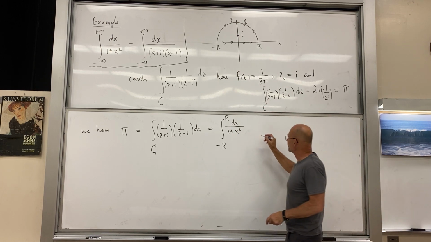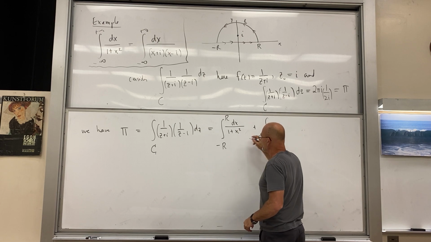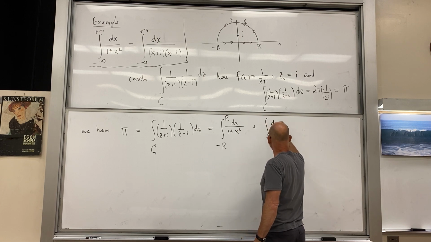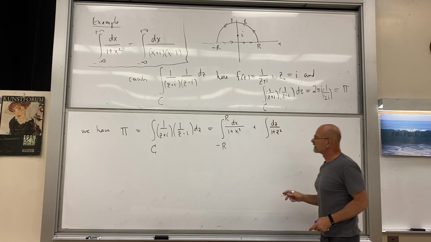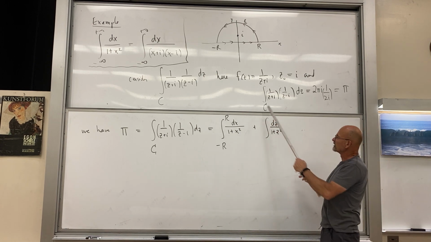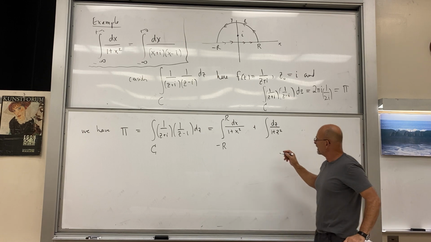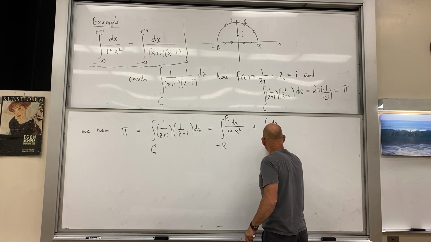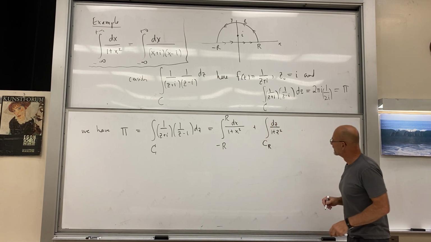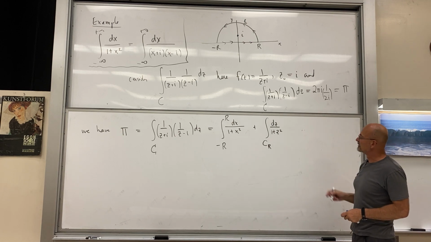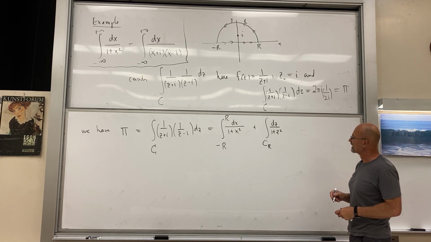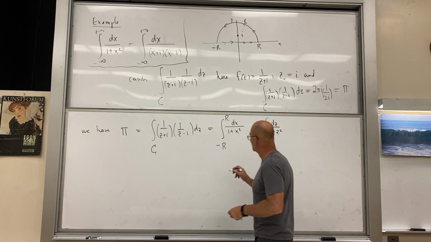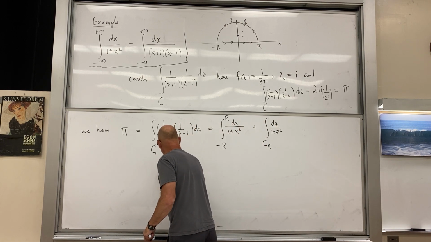And then it's plus this integral, dz over 1 plus z squared, right? I don't have to always write it as that factorization. This is what it was originally, along what I'm going to call C sub R, which is that semicircle up there. Okay. Now what we do is take the limit